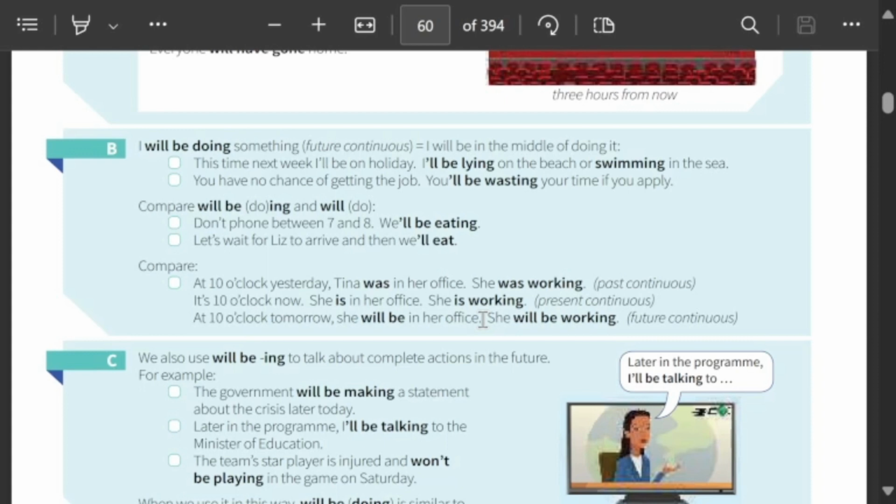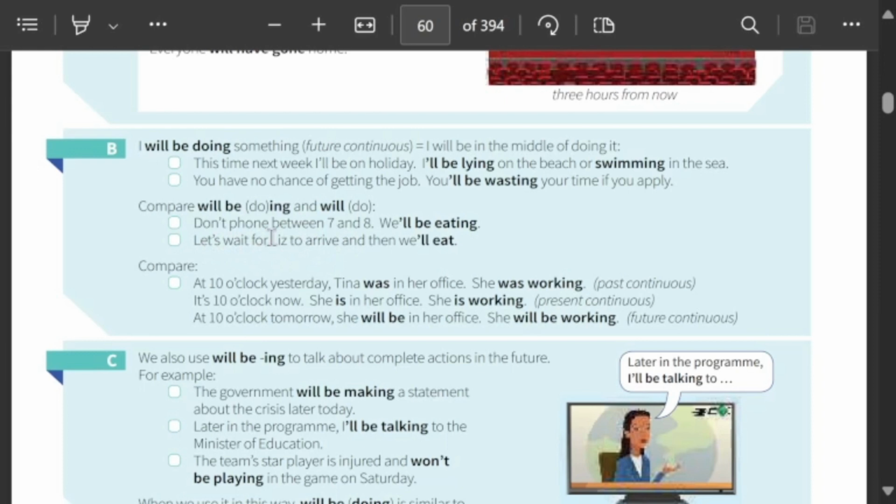Arrive, yes. But here it is an infinitive, you see. You wait for Liz to arrive. To arrive is an infinitive. You don't put it in the future. You wait, in the present, you are waiting for her to arrive. So to arrive is not the object of the sentence. The sentence is in present simple. Let's wait. To arrive is just an infinitive. It's an action done by this object, Liz.